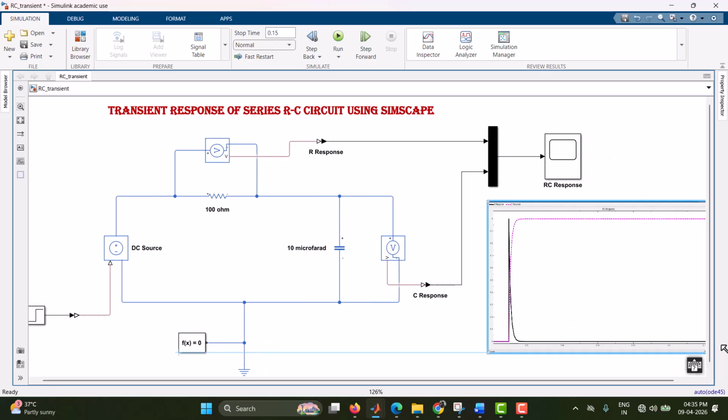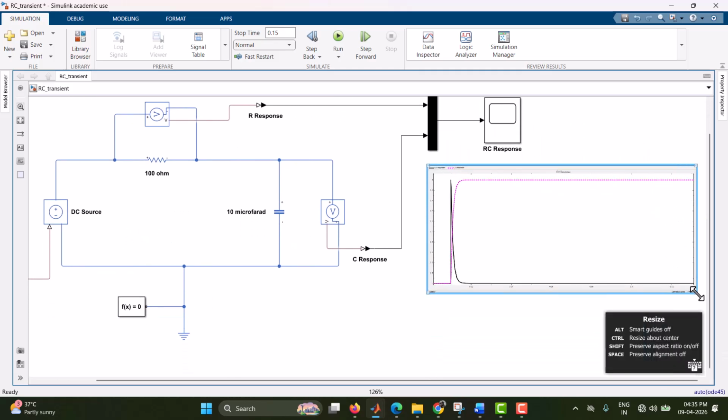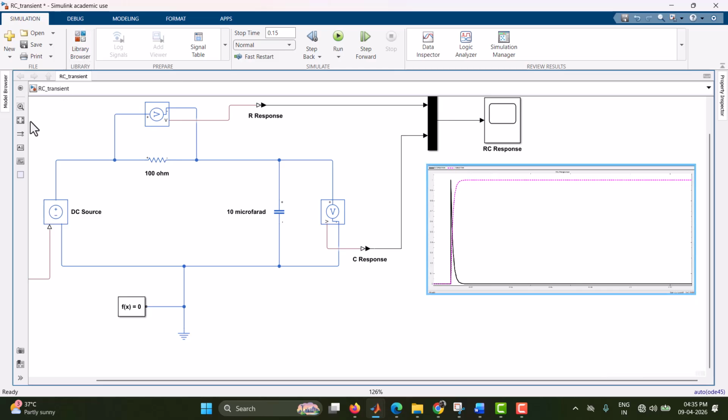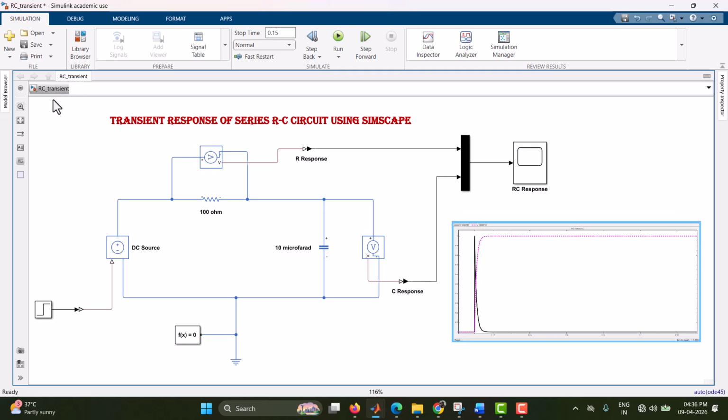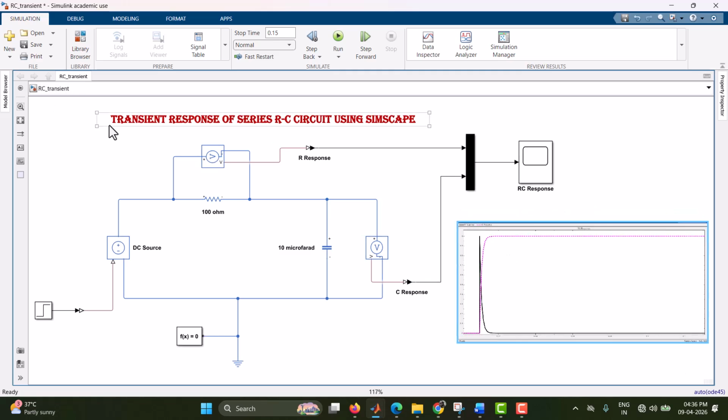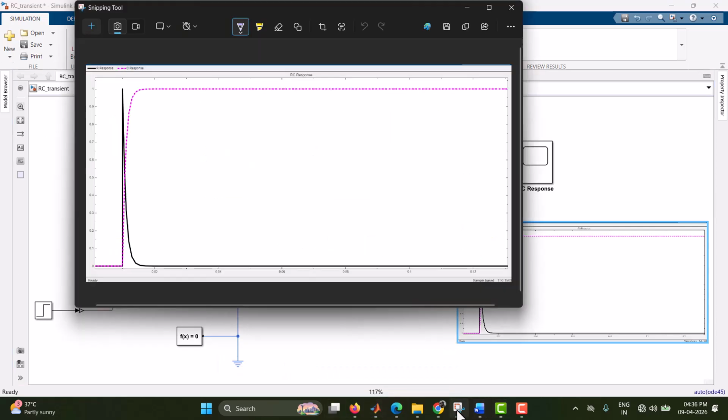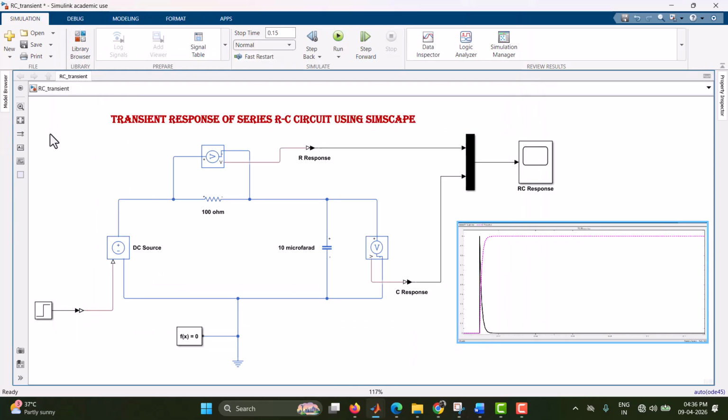You can also visualize the response directly by importing it into your simulation. Okay, this is one way of representing your experiment. Like this you can represent. Also you can copy this and save it in Word. Okay, how can we copy this? We can copy this by using the snipping tool, or you can copy the complete file using go to format,